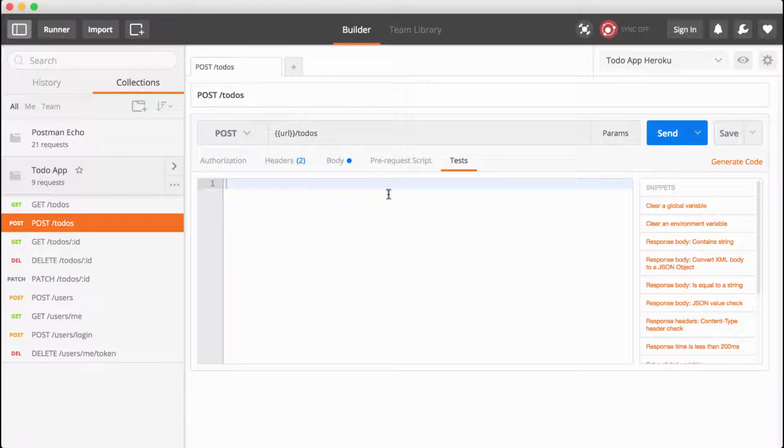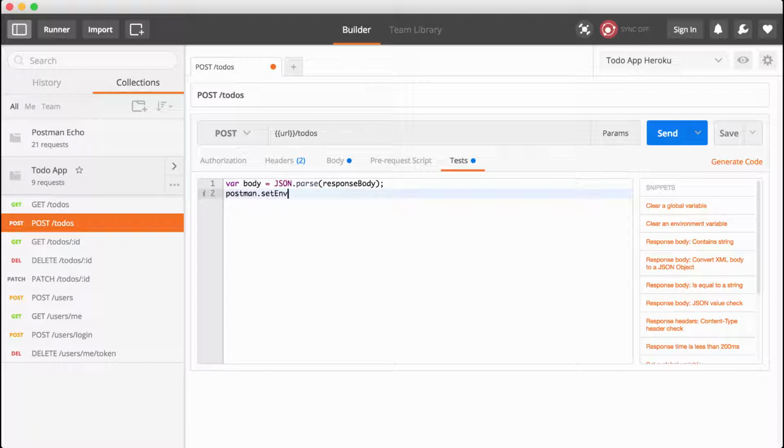Inside of post to-dos, what we're going to do first is grab the body by creating a variable called body, and we are going to need to call JSON.parse to take the JSON value and convert it into a JavaScript object. Now, Postman is going to give you access to the JSON response via responseBody. Excellent. Now that we have our body object, we can go ahead and call set environment variable once again,